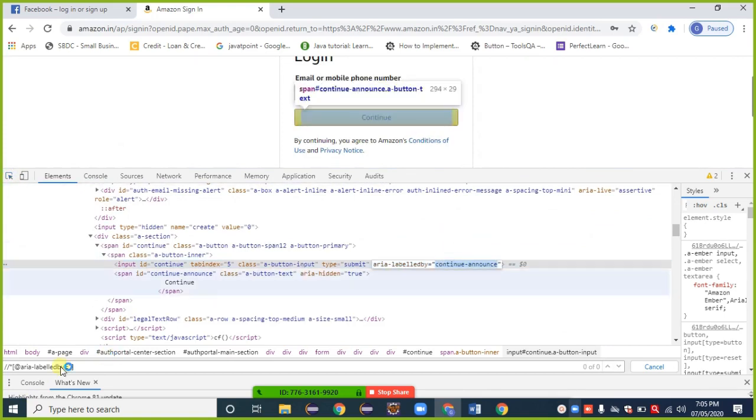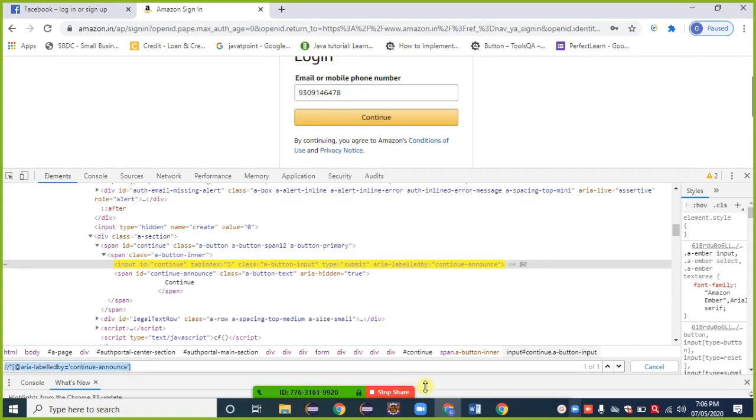Control C, Control V. 1 of 1, it's right. If I observe 1 of 2 or 1 of 4, I need to switch to another web element. If that is not possible, I try with two attributes. If that is not possible, I try with a number. If that is not possible, I find another option.